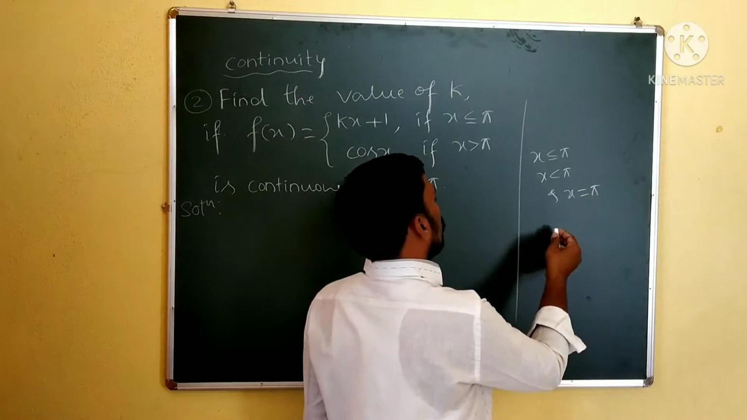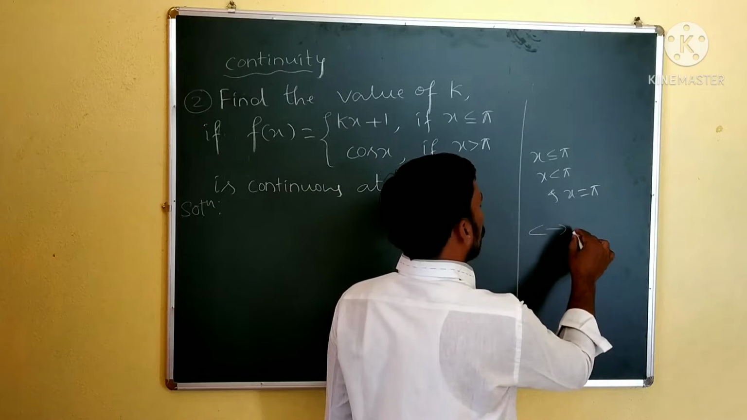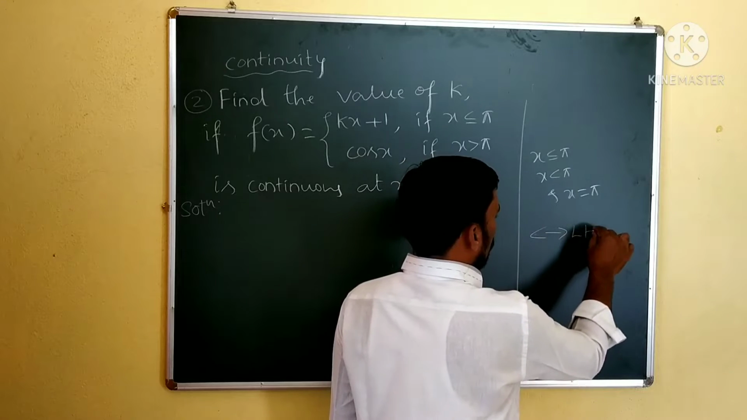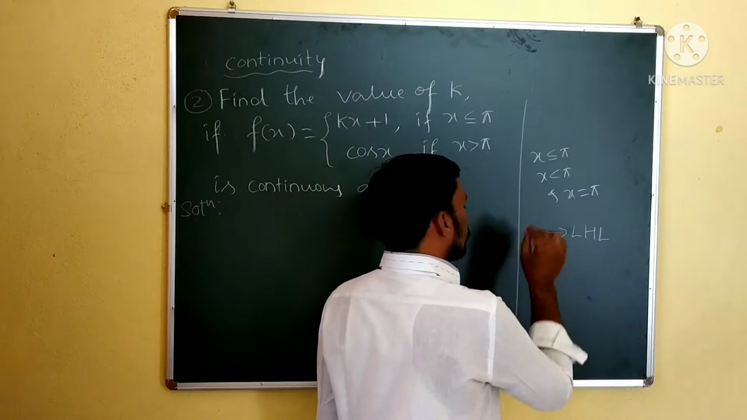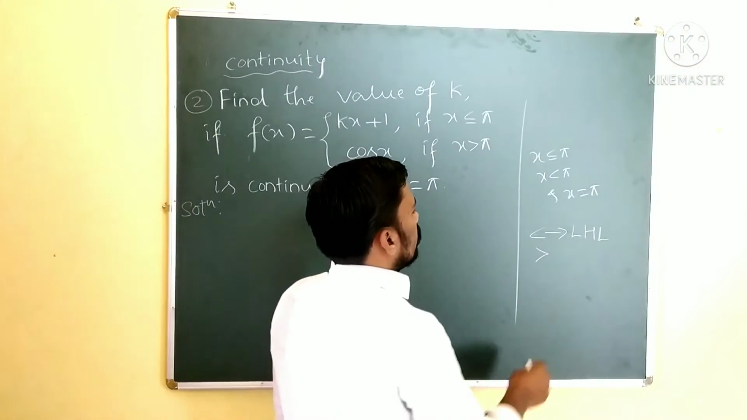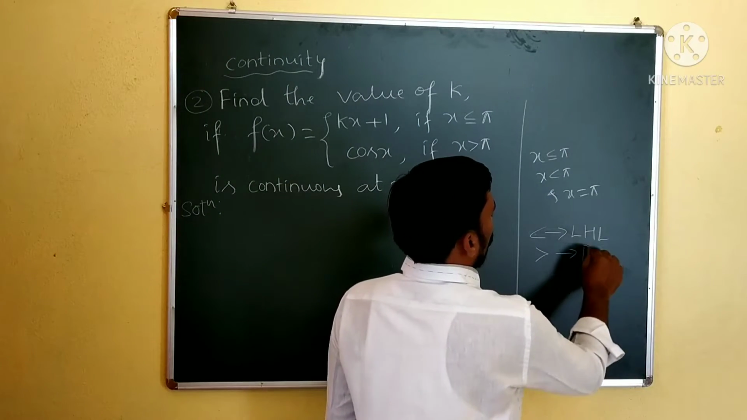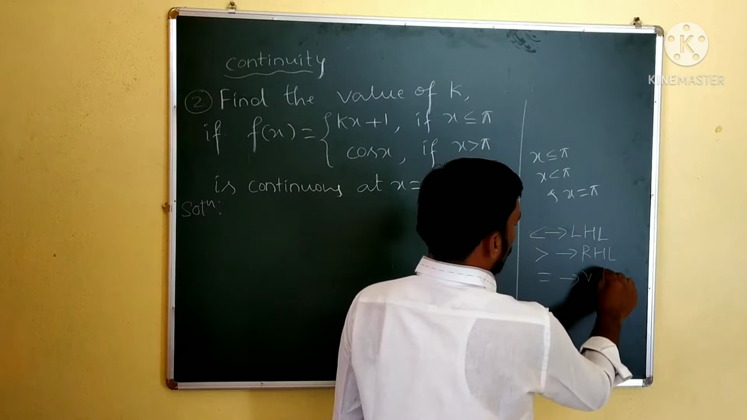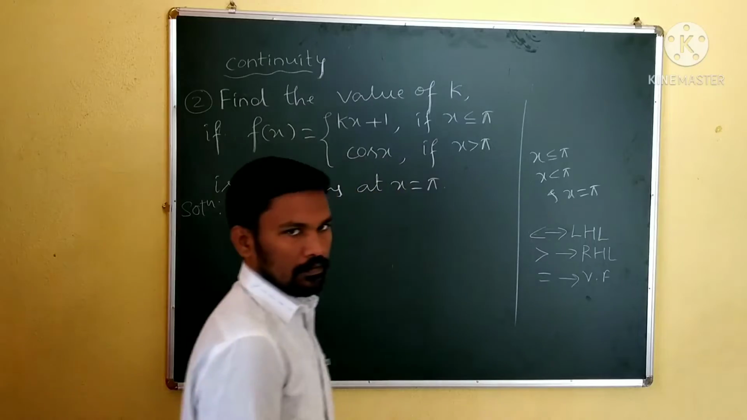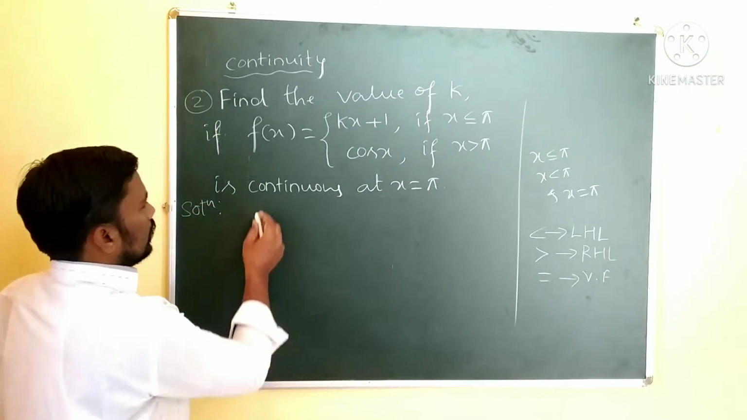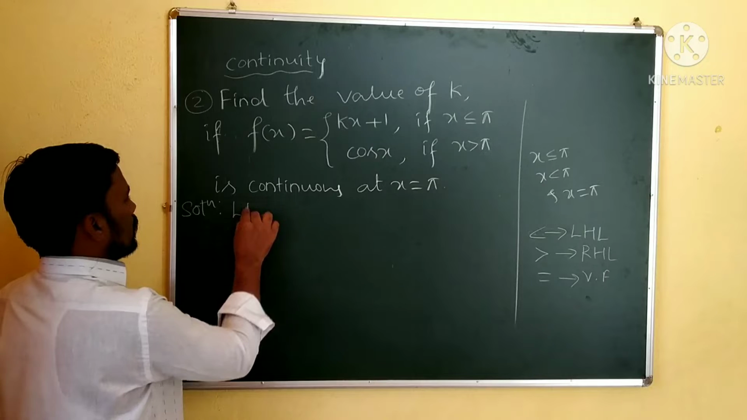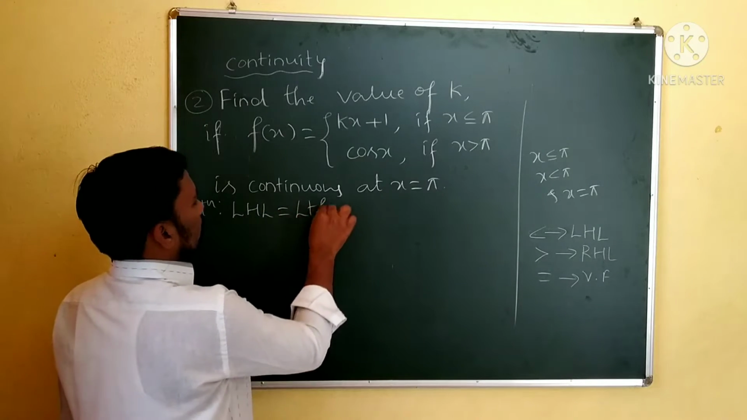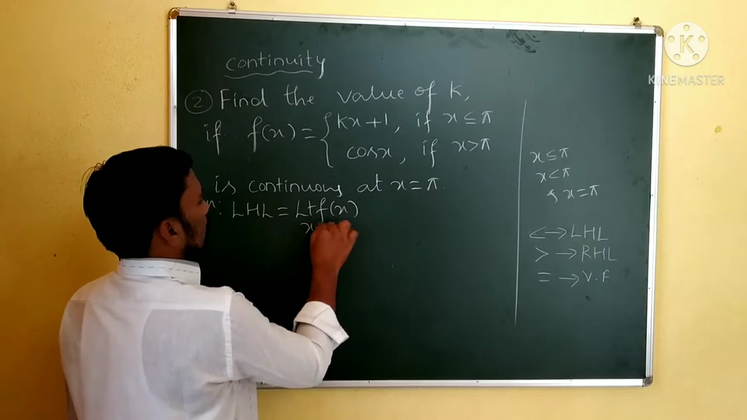The less than sign is used to calculate the left hand limit value, that is LHL, and greater than, remember these notations, is for RHL, and the equal sign is for the value of the function, right? Okay. So let us calculate the left hand limit value. LHL is equal to limit f of x as x tending to